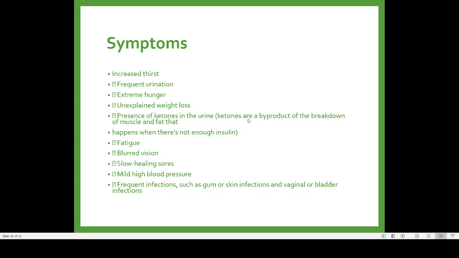Then another problem is unexplained weight loss. If a person has diabetes, one important way by which it can be easily detected or diagnosed is that the person is some 60 kg and suddenly becomes 50 kg. Most of the time it will be due to diabetes or some other kind of problem. This is happening because body cells are not getting enough glucose and they are starving, and as a result of starvation of body cells, your body weight will gradually decrease. So that is the reason for unexplained weight loss.